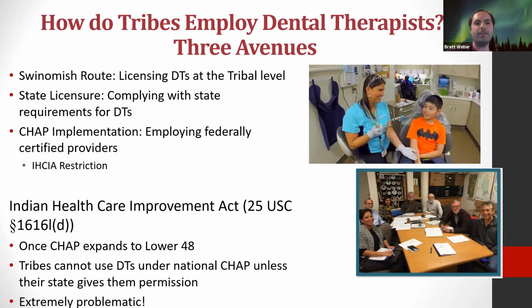Well, in 2010, Congress gave IHS the ability to expand CHAP. They said, CHAP is doing really great things in Alaska. And CHAP is composed of medical, behavioral health, and dental components. So Congress said, IHS, you can expand CHAP nationwide. You now have that legal authority. In 2016, IHS says, okay, we will now expand CHAP. And over the past 3 years has worked on a policy to govern how CHAP will be expanded to tribes outside of Alaska.